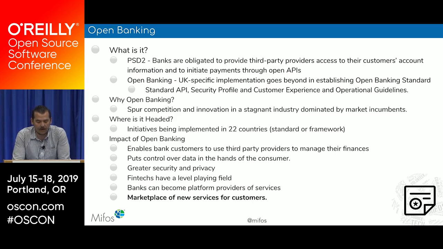of those. But really, when we look at the potential impact of open banking, it's going to enable customers to have control of their data. It's going to provide a level playing field in which fintechs and other companies can connect with the banks, and the banks are really going to have to either pivot to become platform service providers or innovate and develop new services. So really in the end, the customers are going to win out. And so while the early stages of impact are not taking account yet, there's great potential for what open banking